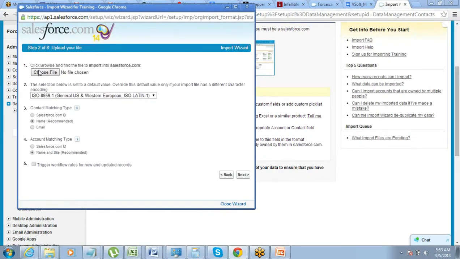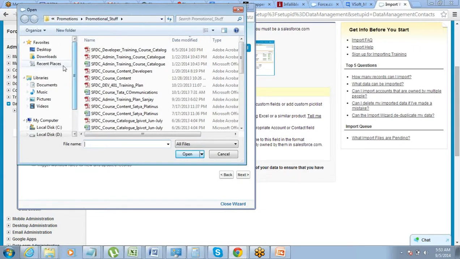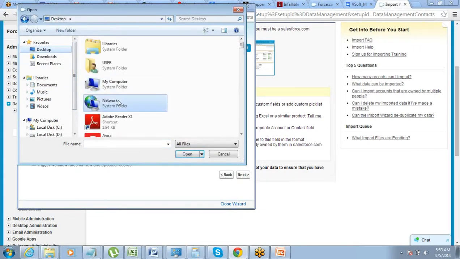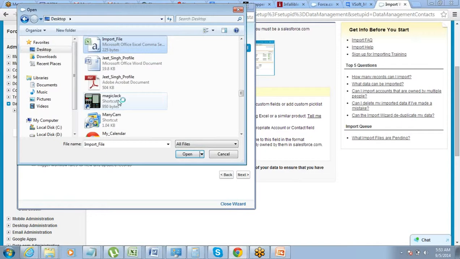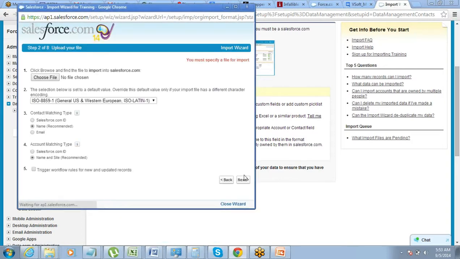Okay, you come to the screen where it asks you to browse the file. So you choose the file, wherever you have saved it. I saved it on desktop. So here is the file. You can skip everything else as of now. Gradually you will understand these things. Just choose the file. Click on next.